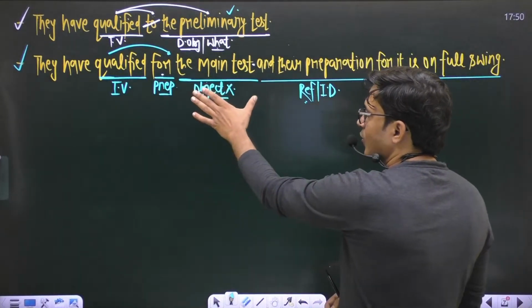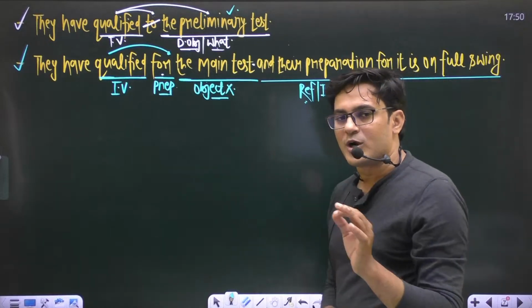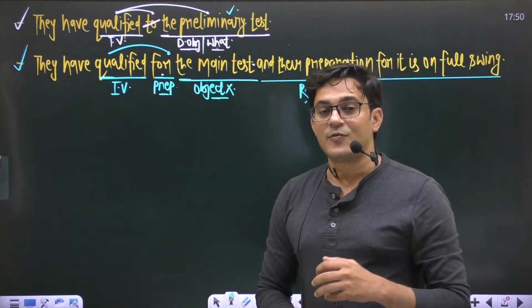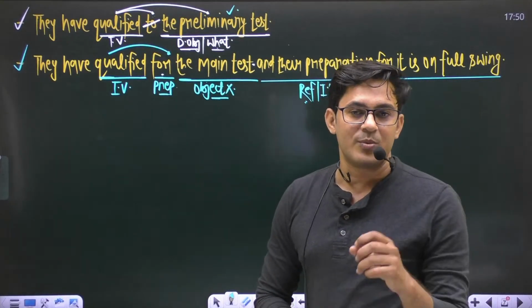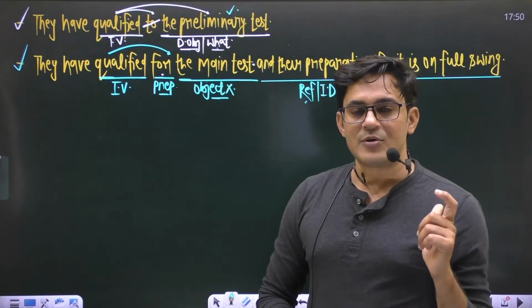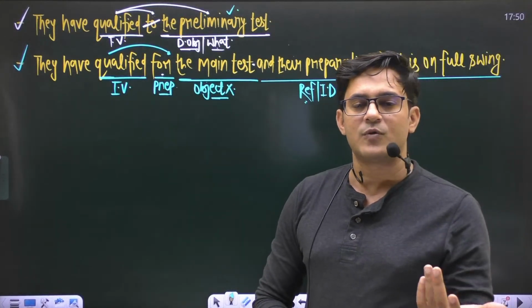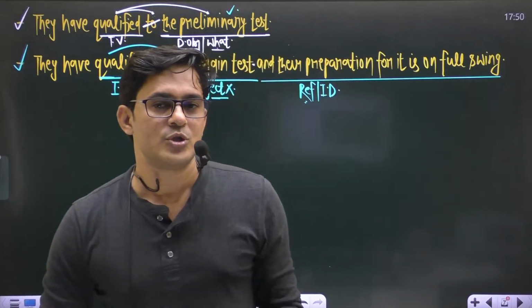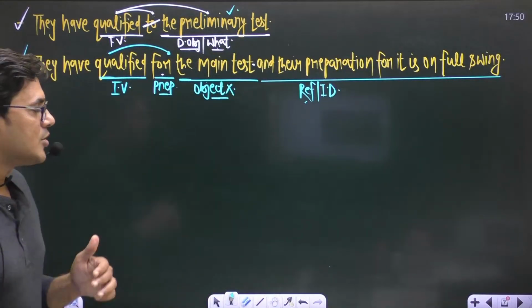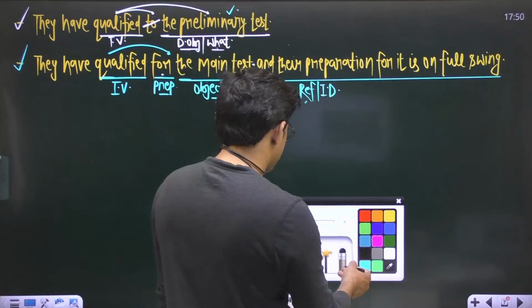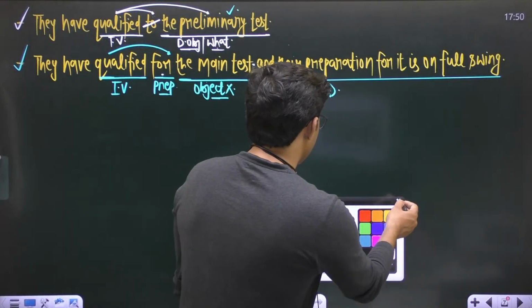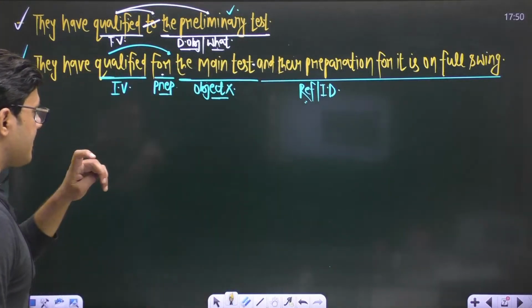सो मेन टेस्ट क्वालिफाई नहीं किया है, इट मीन्स दिस इज नॉट द ऑब्जेक्ट इन अ सेंटेंस, एंड इफ इट इज नॉट द ऑब्जेक्ट इट मीन्स verb is intransitive, and intransitive verbs are followed by a preposition. We know it very well. Okay, so let us move to the next questions, and the next sentence is